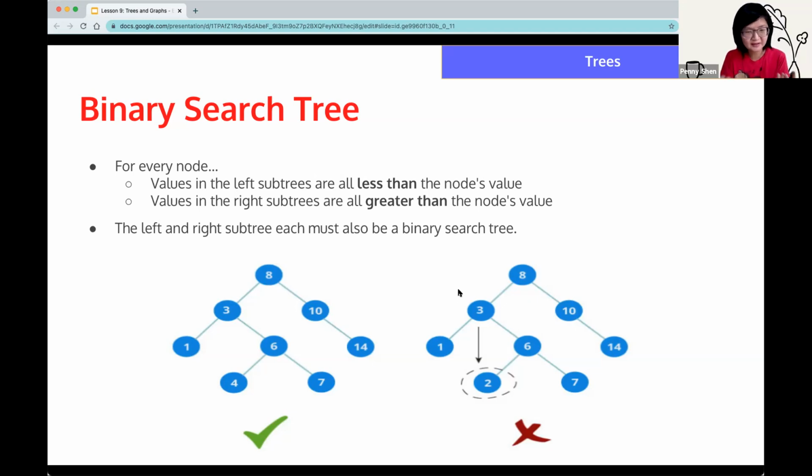Another way of thinking about the recursive definition is that if you pick any node, this property should apply to any node in the tree. So the right tree is not a binary search tree because when you look at 8, everything checks out. But if you actually look at 3, all the nodes to the right, which is 2, 6, 7, are not all greater than 3 because 2 is less than 3. So that's why the right one is not a binary search tree.